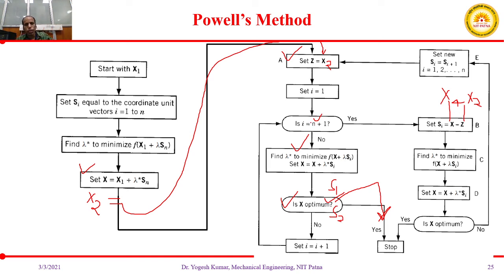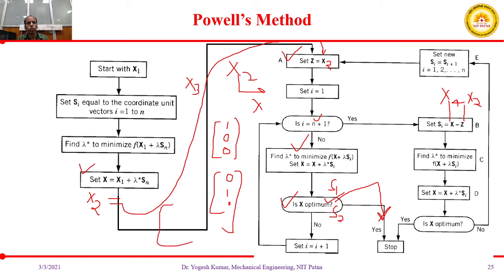N is your number of variables. So how many variables are there? I said dimensions, so dimensions are your variables, you know, x1, x2, x3. There may be 3 variables also. In that case you will have such directions. For S1 this will be 1 0 0, for S2 this will be 0 1 0, for S3 this will be 0 0 1. Now I hope you will be able to understand with more clarity.